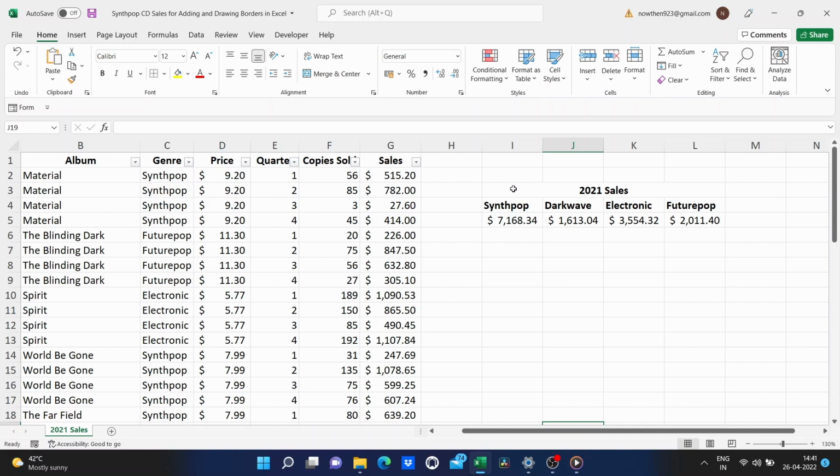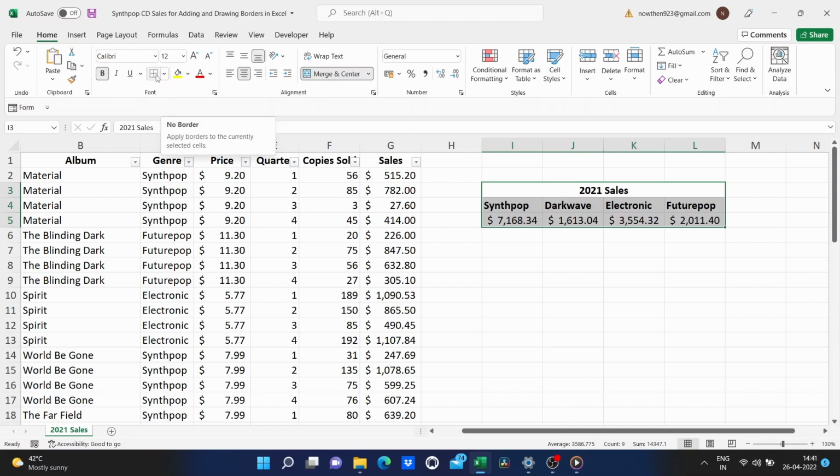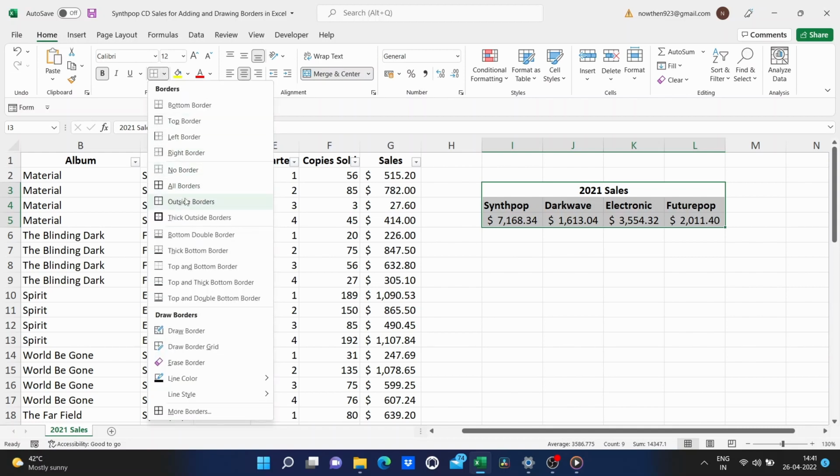So there's a few different ways to do this. I could simply click and drag to highlight the area that I'd like to add borders to, and then I could go here to the Home tab in the font group. Here is the border button. And there's a drop-down arrow that lets me select from different common options.